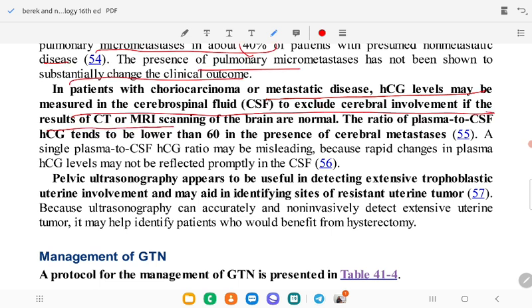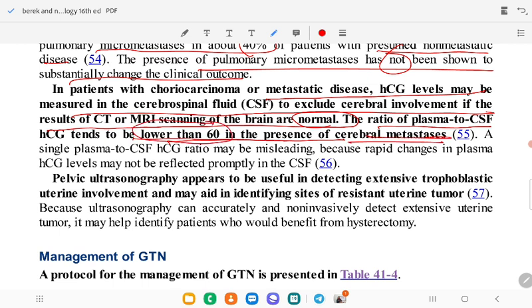If the CT or MRI result is abnormal, the plasma to CSF beta HCG ratio is 60. If it is more than 60, fine; if it is lower than 60, the presence of cerebral metastasis is suspected. A high plasma signal is not misleading. Preliminary ultrasound appears to be useful in the detailed evaluation of the extensive trophoblastic uterine environment and may identify the site of resistant